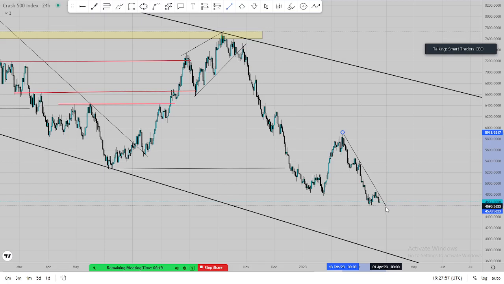So here there were two scenarios that actually happened after taking out these lows. Remember, after taking out the previous major low, you could have closed your sellers. Or, same as here, you could have also held this counter trend line to the downside. That was also a valid trend line, right? If you check that trend line, it was broken and retested. So after breaking and retesting, you could have gotten buys there.